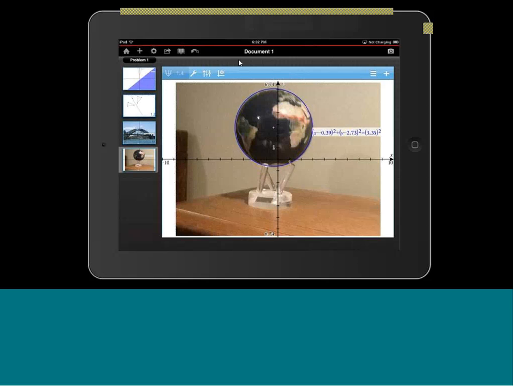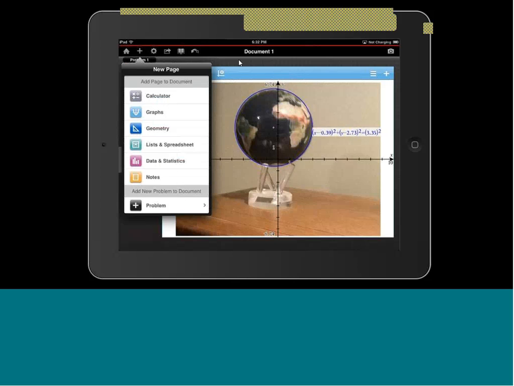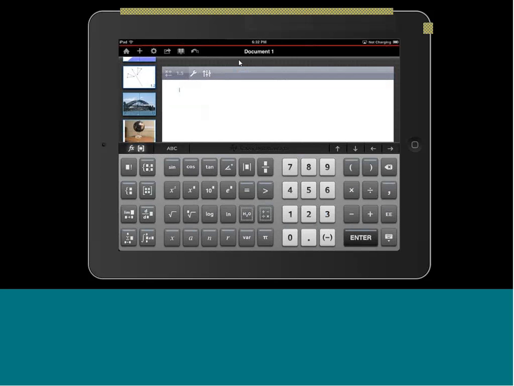the calculator app. And so I'm going to press the plus key again, and let's add a calculator app. And just to show you a few basic calculations that you can perform here, first I can just use this numeric keyboard to do a fraction computation. So 7/9 plus 5/8. And as I do that, it goes in a one-line format, but as soon as I